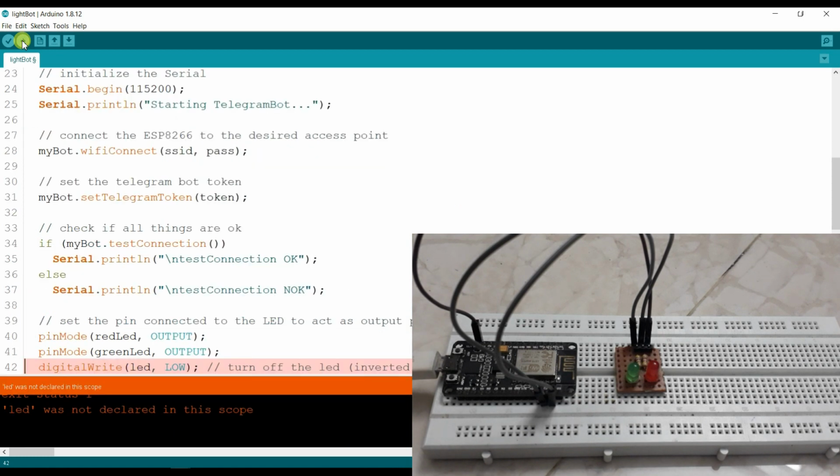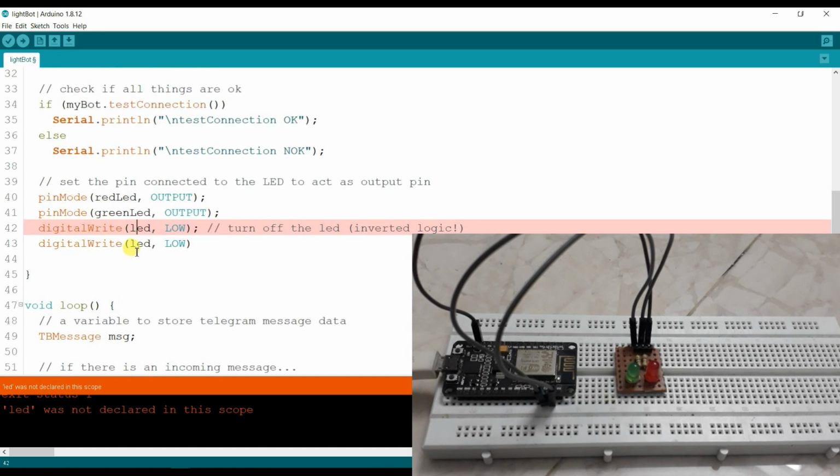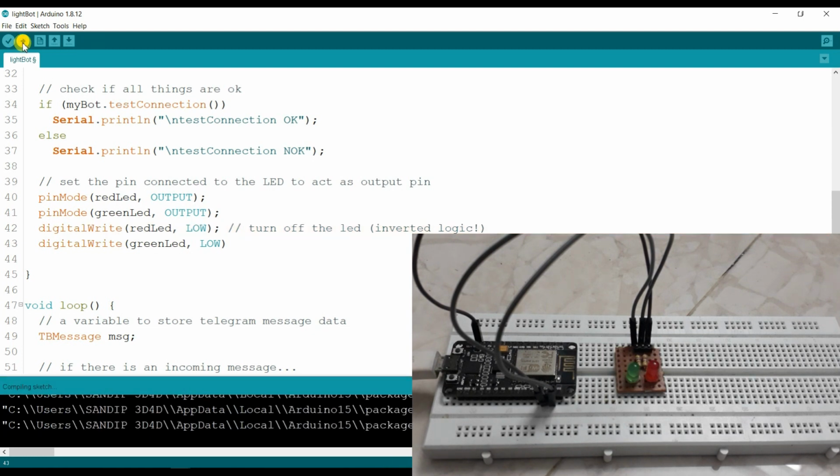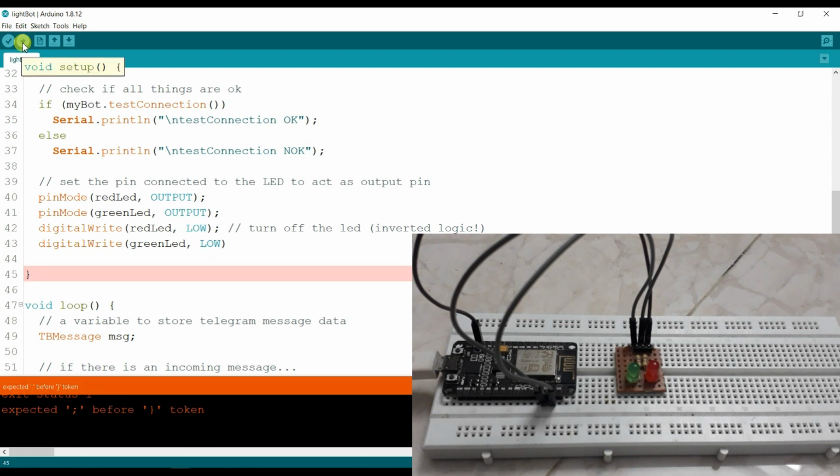Okay, what happened? Oh, sorry. Red LED and here green LED. Again upload. Oh, sorry.